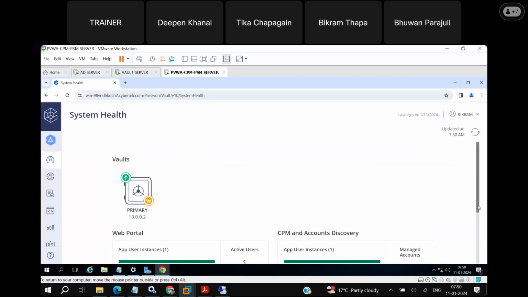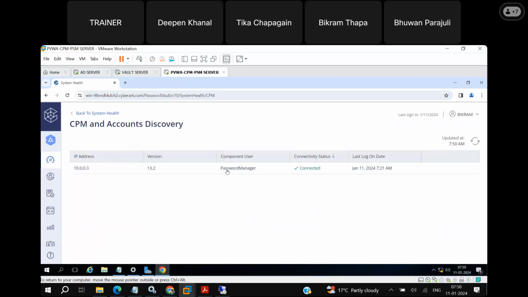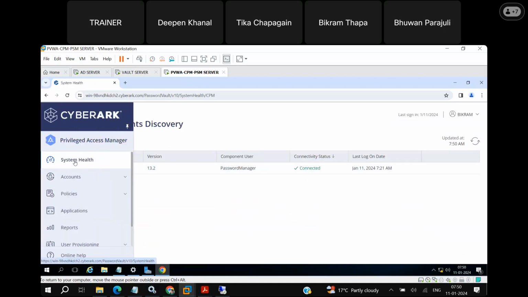Next, CPM. CPM 1 connected. Okay, CPM and accounts discovery 1 connected. If I click on it, the default user is password manager user. It got connected. The CPM server is 10.0.0.3. Since we have installed all these 3 components on the same server, the IP address remains the same. Next,